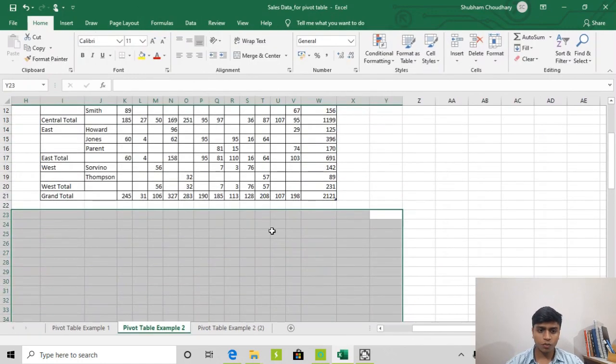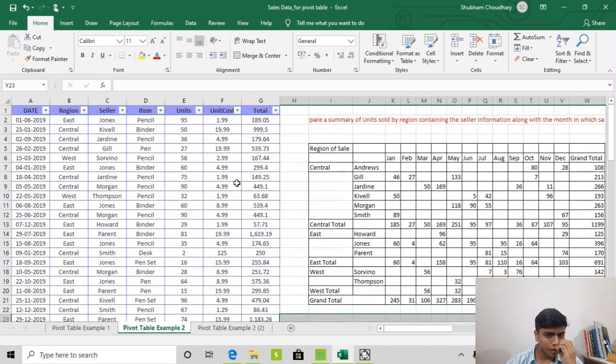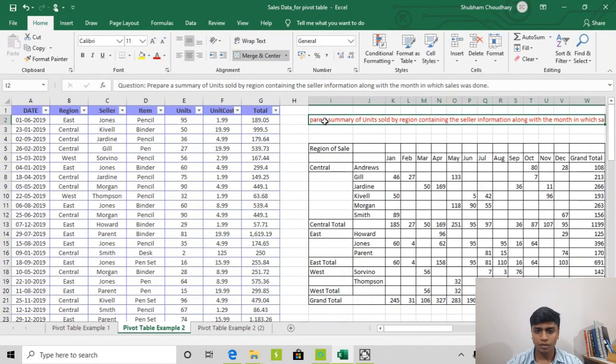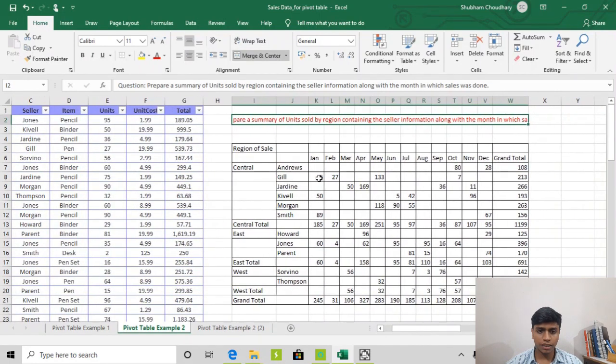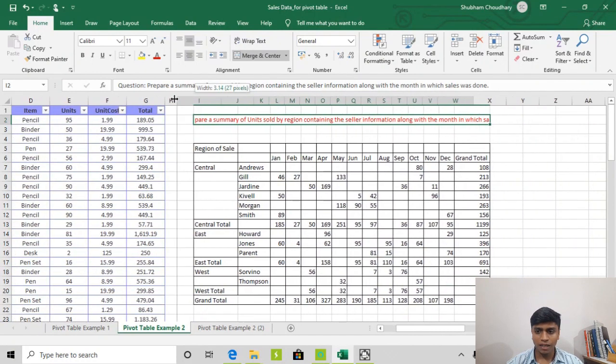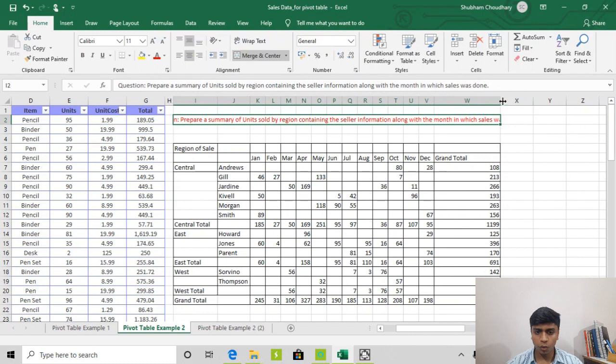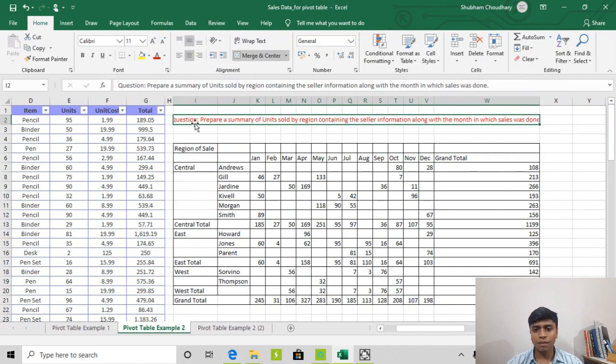Now friends, we have the same data here, but the question has changed. The question is: prepare a summary of units sold by the region containing the seller information along with the month in which the sale was done.